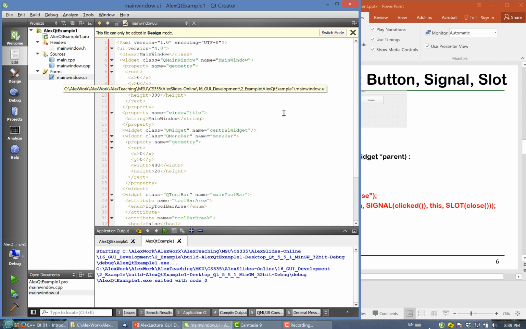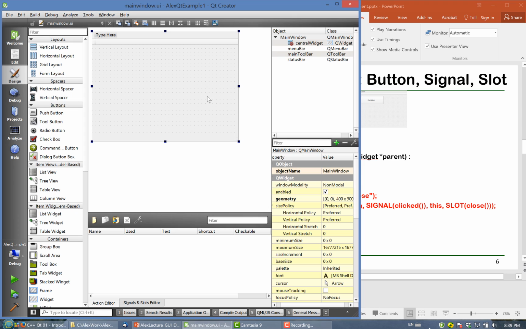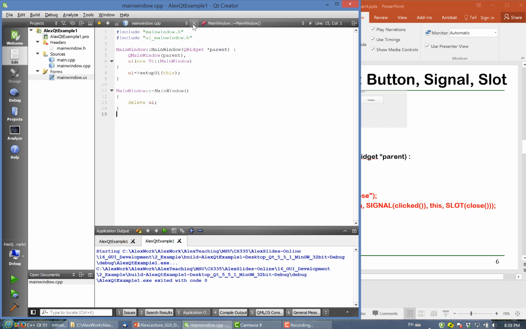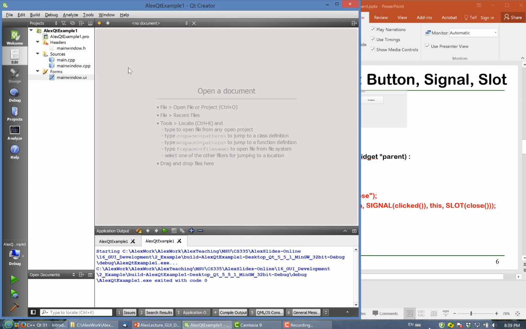But you are not going to modify this XML file directly. You are going to just use this Qt Designer to drag and directly operate on the GUI design. All right, and you can click here to close it, and so on. Okay, so now let's take a look at this